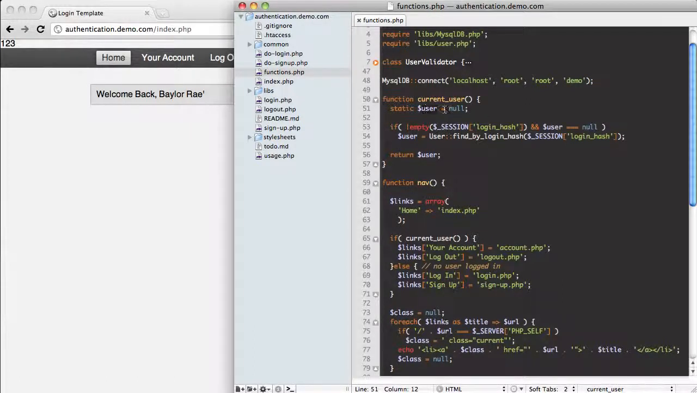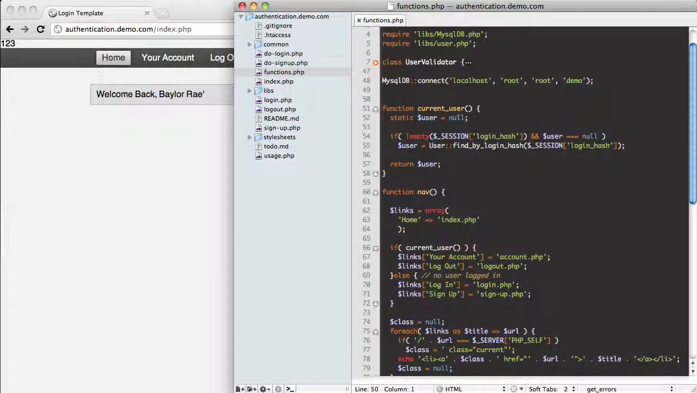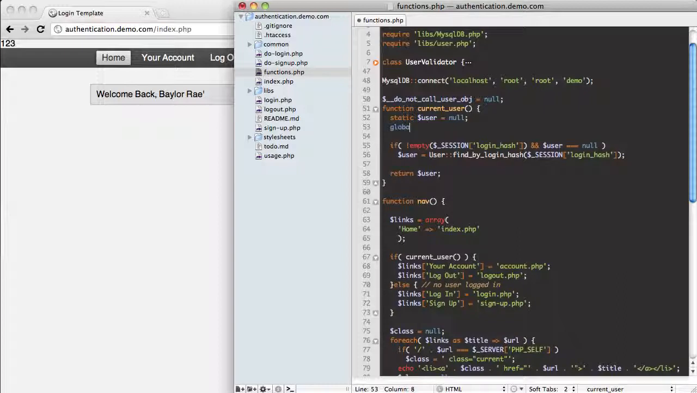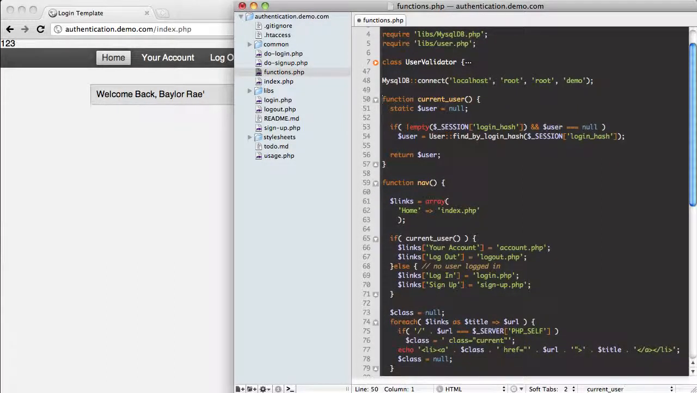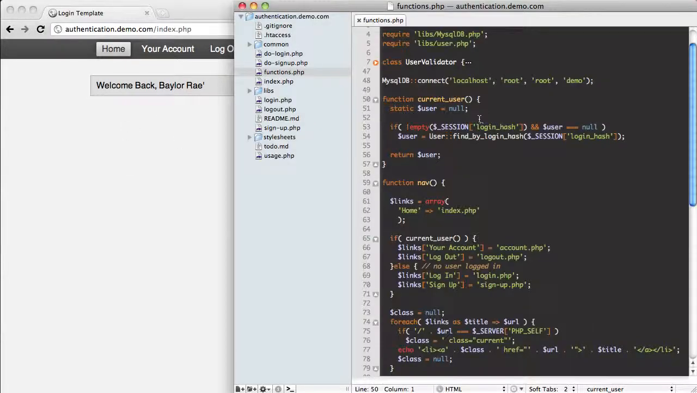And I'm not really sure of the best way to do it because this isn't a class. This is just a function. The only other way I know how to do it is something like a global user object equals null, and then down here something like global that variable, and then down here we would actually set it and all this stuff. This is pretty easy and it's probably fine in this case. So basically this is going to create our current user, and it makes it really easy for us